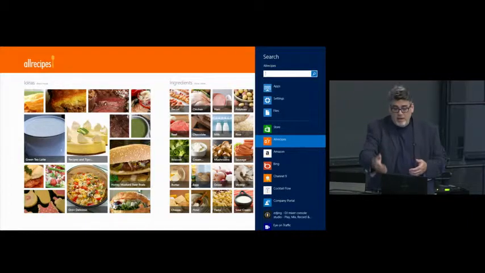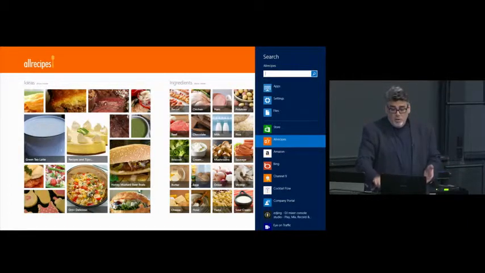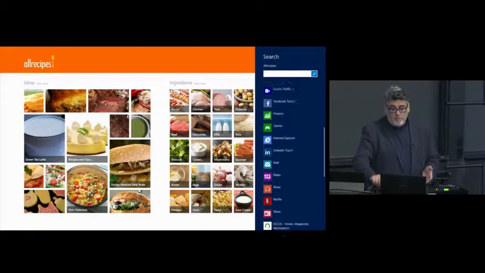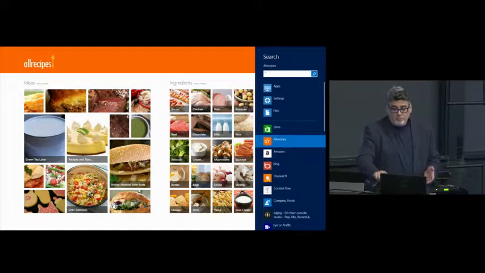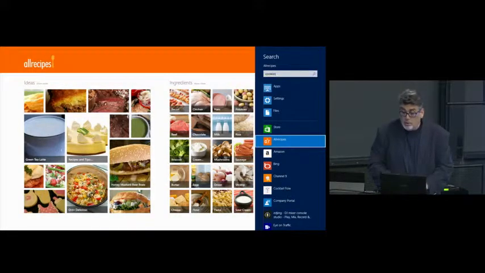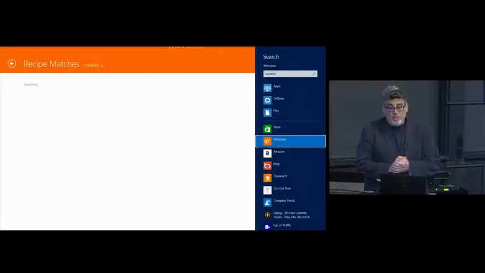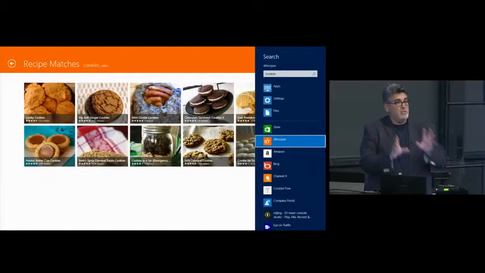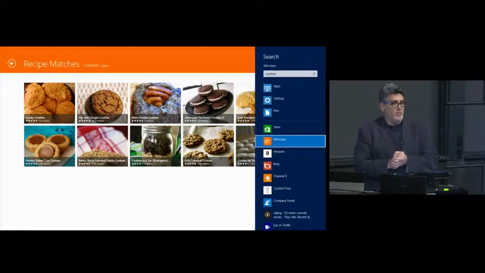But you can see that there are a number of other applications that have registered themselves with Windows and are making themselves available for search. But if I was interested in cookies in All Recipes, that search query was just passed to the application, and the application then decides how it wants to deal with it. So any application can tie into the search capability that's built into the operating system. Simply register